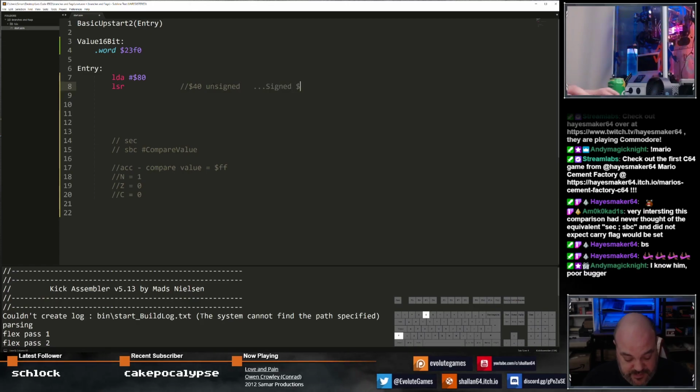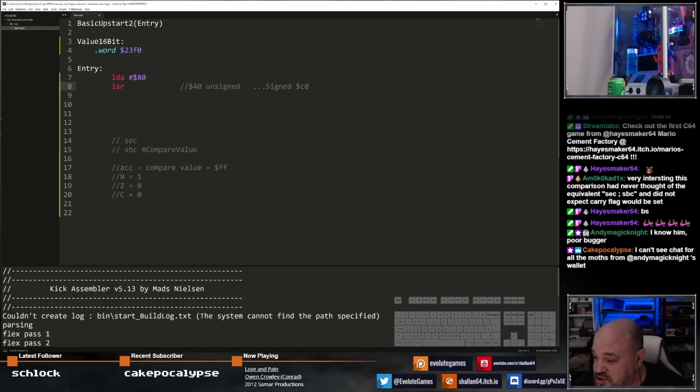Signed would be C0. And I'm going to explain the number line and how to think about 2's complement when we get to overflow. But just for now, just know,